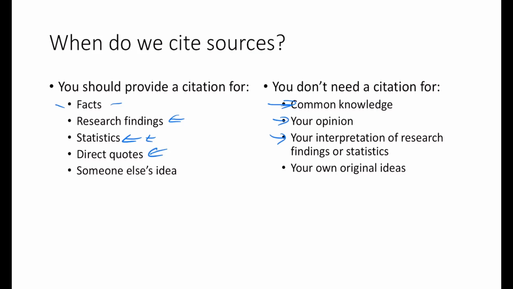If you quote word for word what somebody else said, you need to say who said that and put that citation there. And same thing, if it's somebody else's idea. If I say that gravity is keeping the earth in orbit around the sun, that's not my idea. I didn't come up with that. I need to cite Newton or whoever did come up with that. But if I come up with my own creative idea, that's something I don't need to cite.